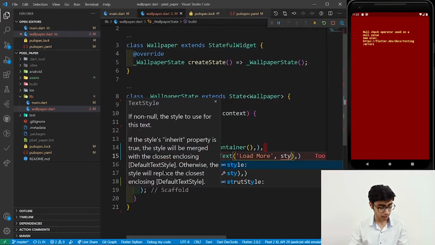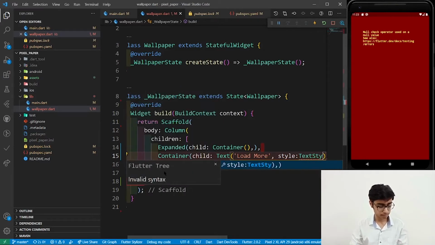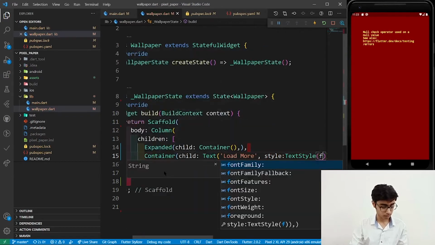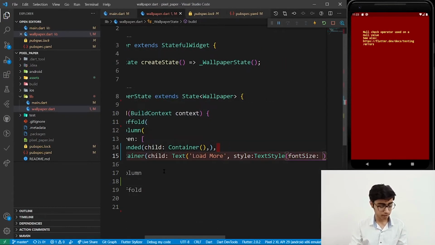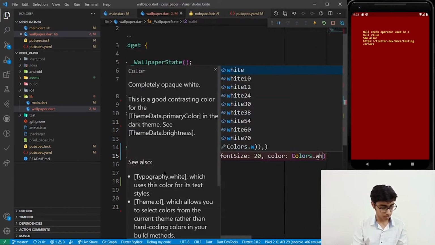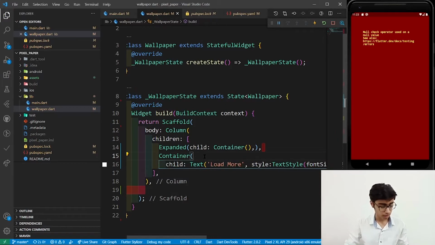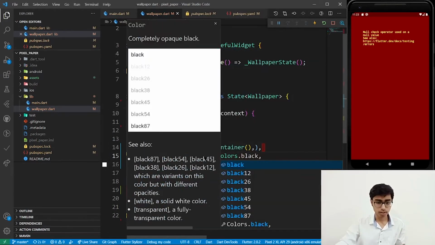Now you can give the styling. So let's give the style, text style, font size, let's give it 20, and let's give the color as Colors.white, and let's give the color to this container also. Let's give the color as black, so Colors.black.